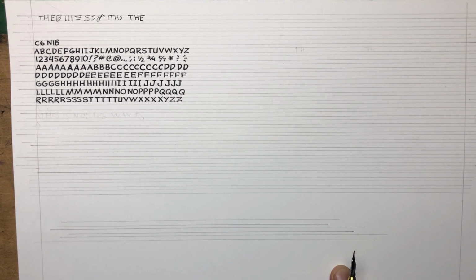We'll be experimenting with other settings as we go along, but for now, this is my freshly honed nib, my Hunt 107. And we're going to start just by doing a couple silly little strokes just to see if my honing technique actually worked. So dip. Oh, and another veteran trick